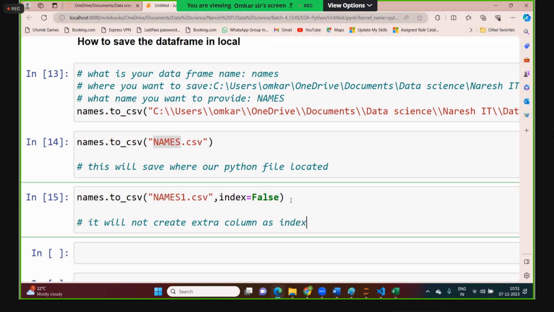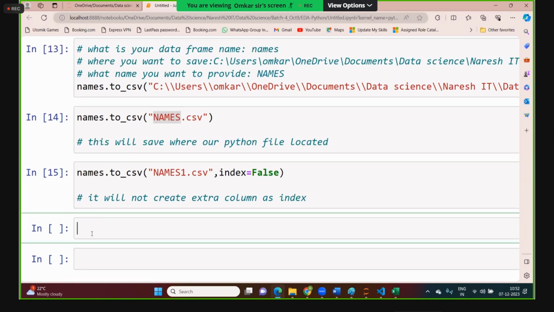That's why index equal to false. Understood now? While you are reading the data, while you are saving the data, it is very, very important. Now, task one,